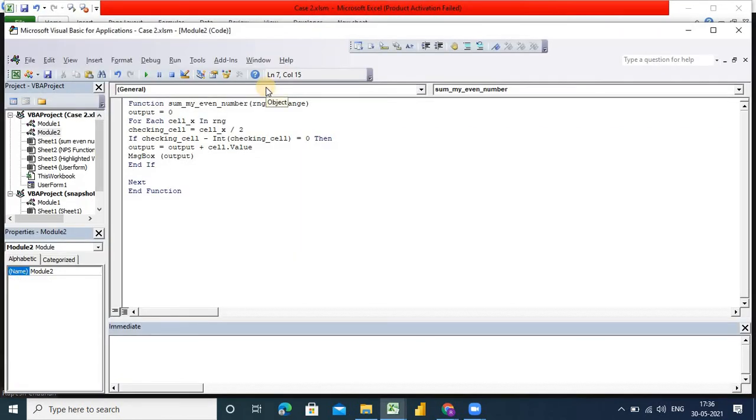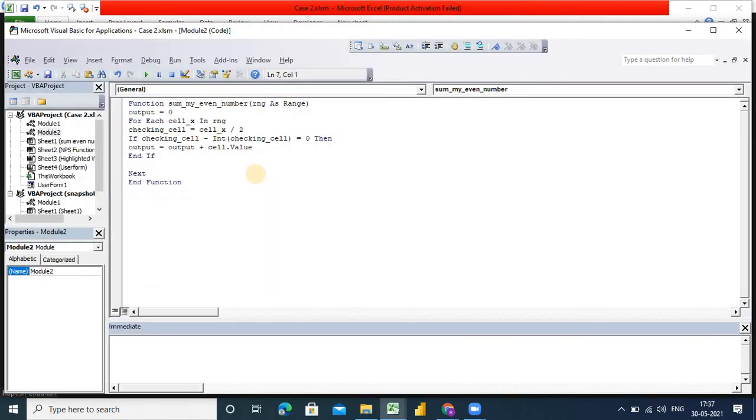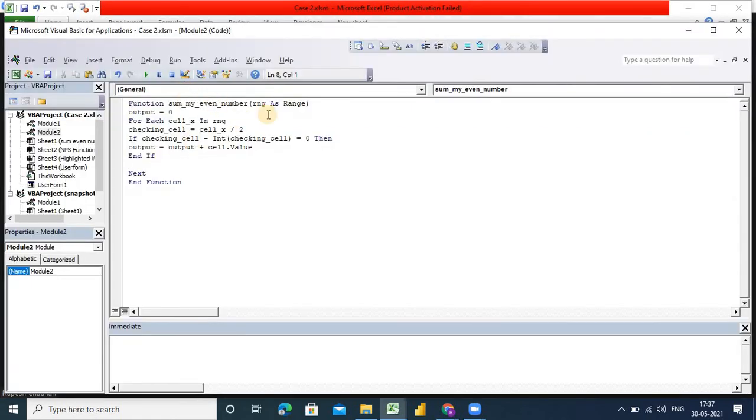Oh, the value is not showing in the output. Why? Just pause this video and see why it's showing the hash value. You got your point? Okay, I am telling you why it's giving the hash value. If I remove this, it's showing the value again. Why? Because it was Range as Range, right?